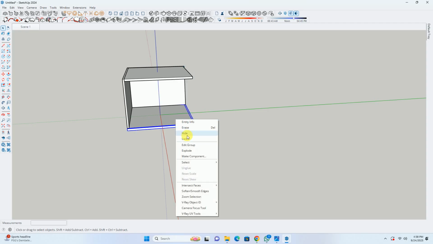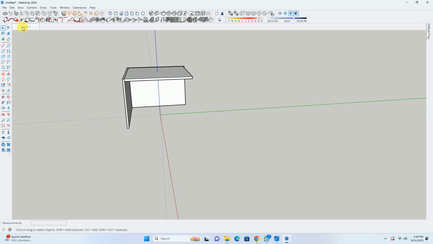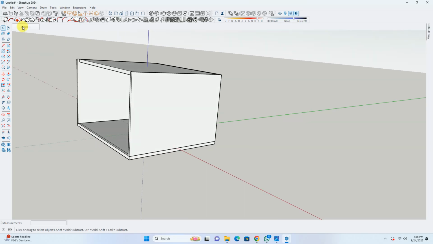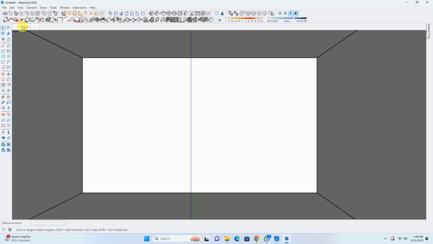Now, if I go to this scene, all the elements that were hidden in this scene previously will become hidden, and if we have hidden some new elements, those will become unhidden by themselves, and it will automatically set up our camera view also.